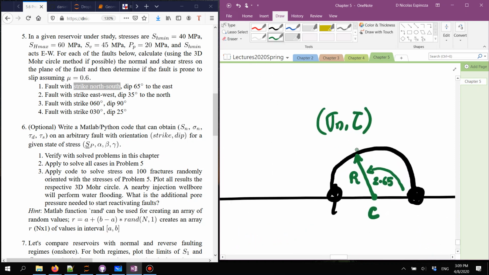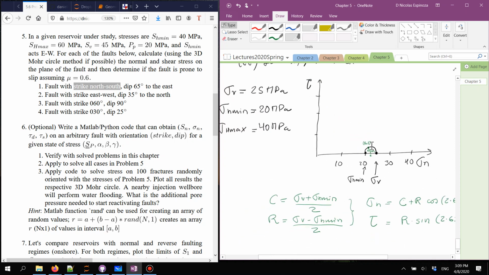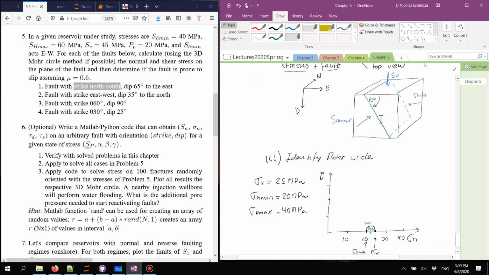This point here is the state of stress that represents the state of stress on this particular fault, which I have drawn in green. It's just one possible state of stress for the many faults that we have in here. So I'm not going to do the solution for the other 4, but let me just give you a hint